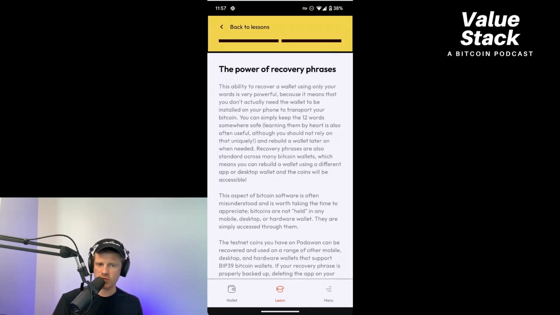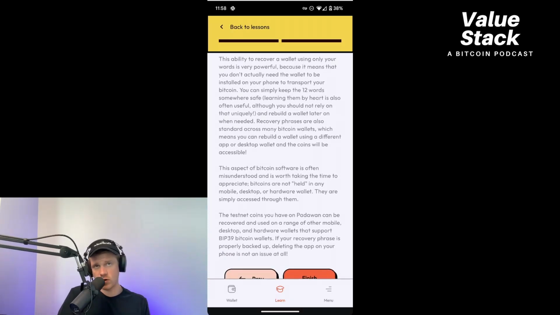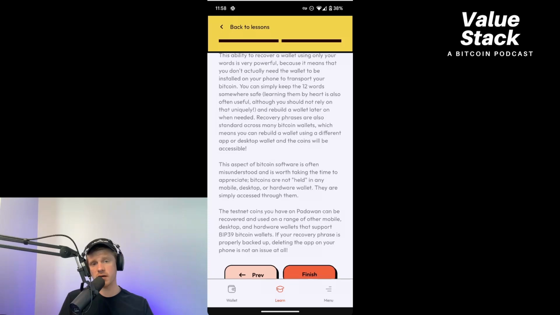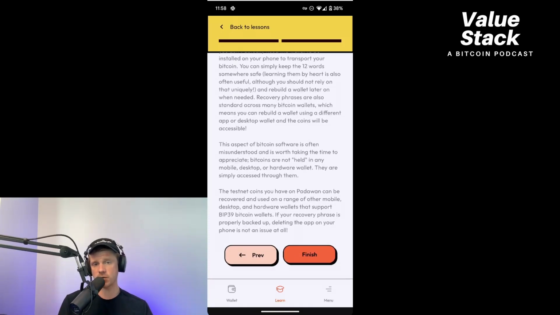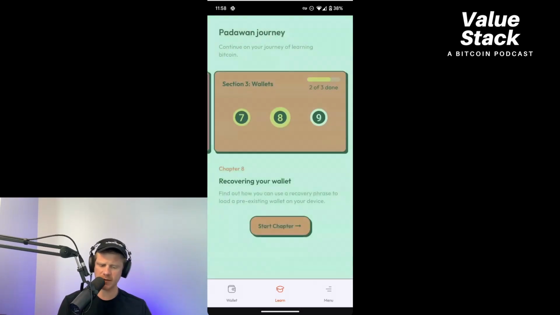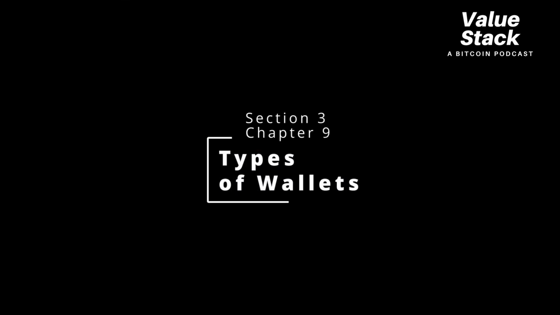And this is really, again, the power of it, because it's movable, it's transportable. So you don't have to be locked into a single software in order to use a wallet. So this not only puts pressure on developers to continue delivering good products, but gives users the option of choice. This also really is a privacy and security gain as well, and allows users to have full control. So make sure you're writing your recovery phrase down and hang around for the last chapter, Chapter 9, different types